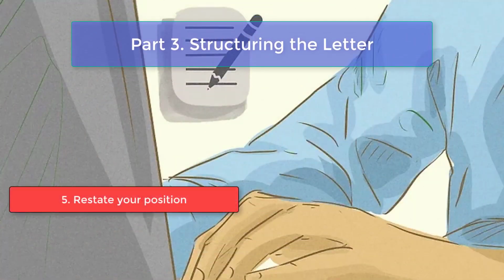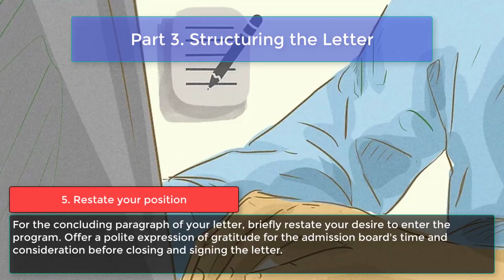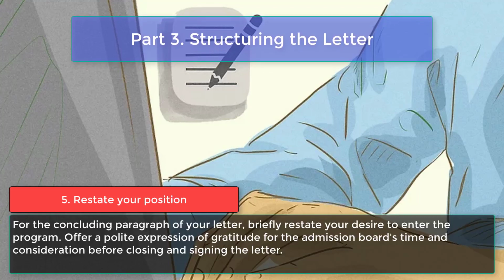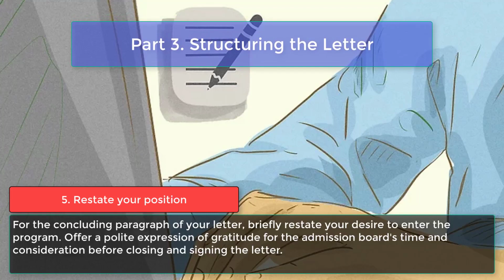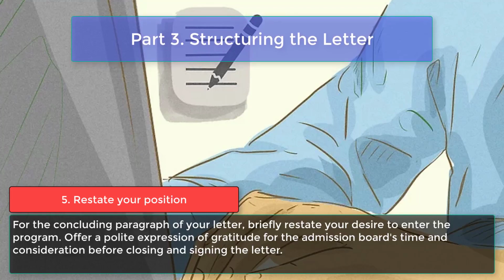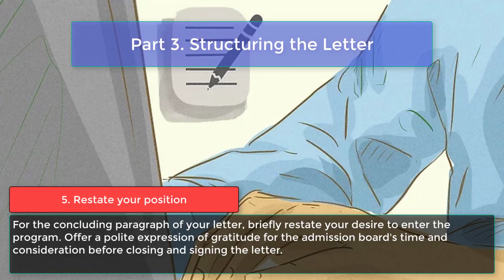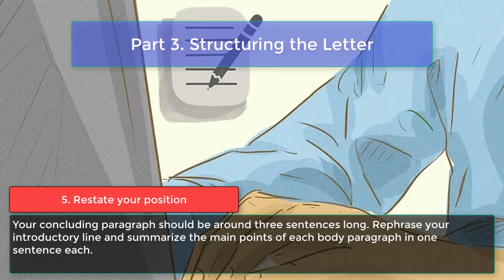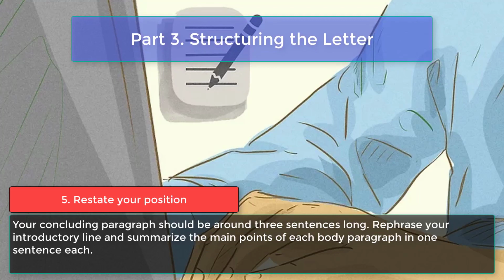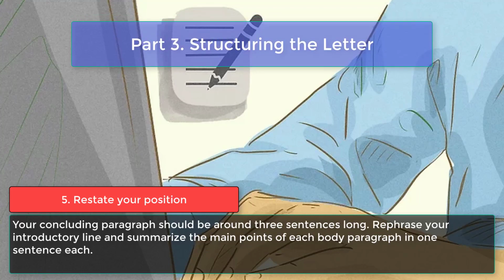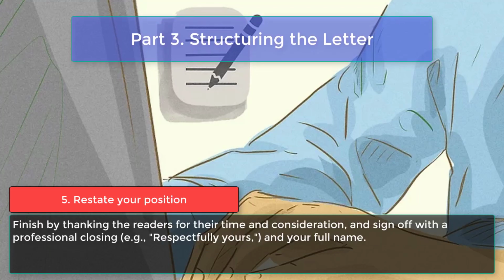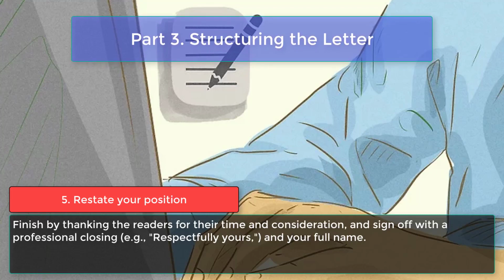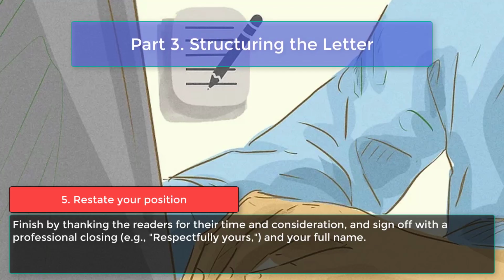5. Restate your position. For the concluding paragraph of your letter, briefly restate your desire to enter the program. Offer a polite expression of gratitude for the admission board's time and consideration before closing and signing the letter. Your concluding paragraph should be around 3 sentences long. Rephrase your introductory line and summarize the main points of each body paragraph in 1 sentence each. Finish by thanking the readers for their time and consideration, and sign off with a professional closing, e.g., respectfully yours,